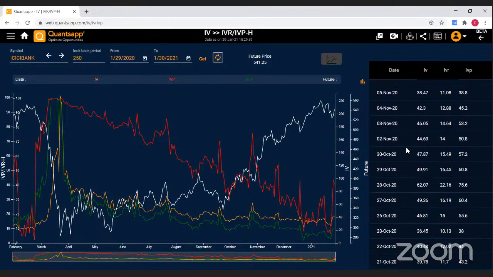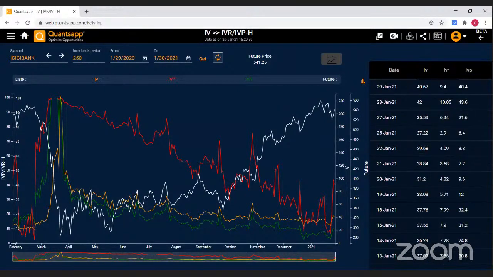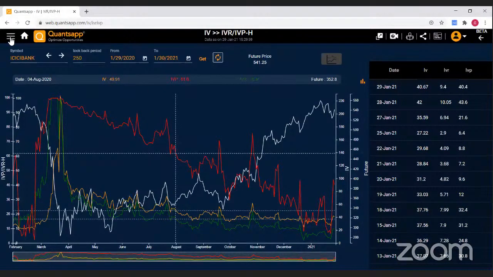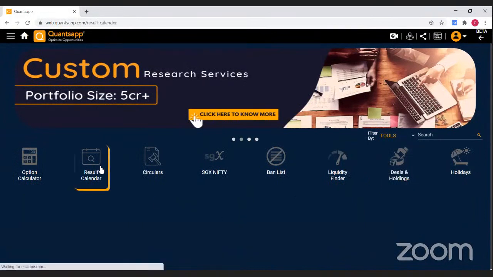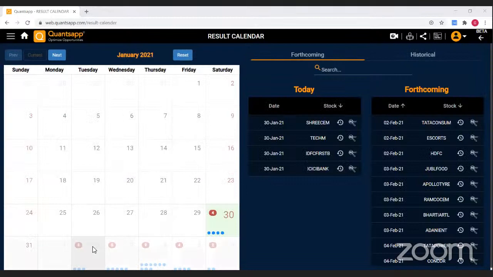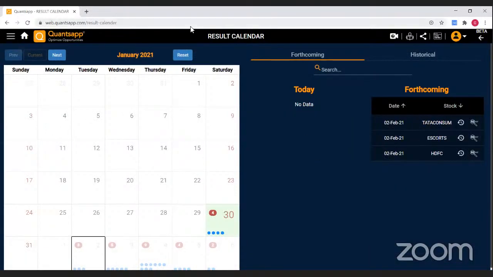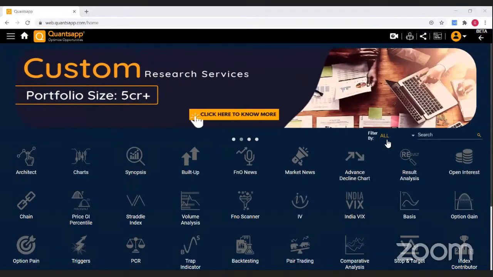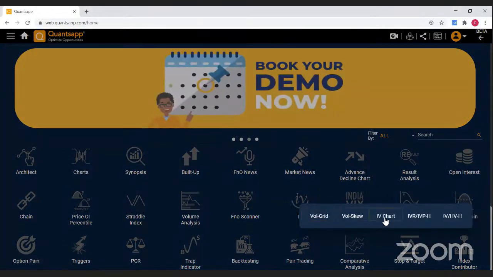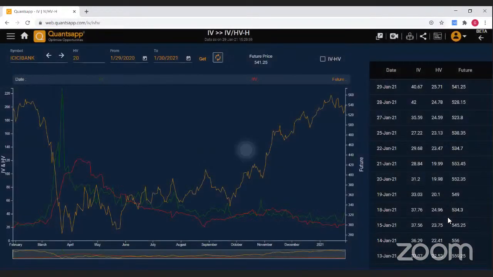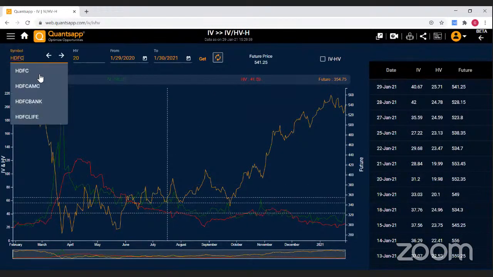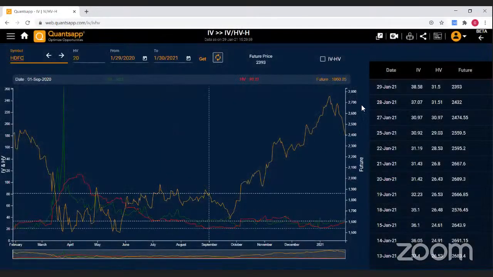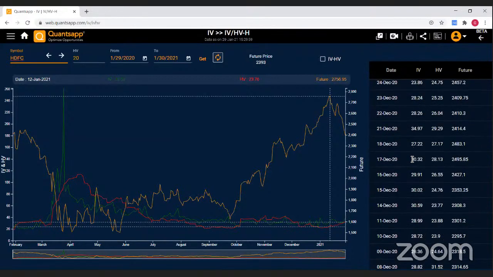So now we're gonna move towards the IV chart and see about the IV. Let me just see a stock which has announced its result on a working day. So tools, result calendar, and we're gonna see on Tuesday we have SDFC. We are looking at SDFC, that it has announced its result on the